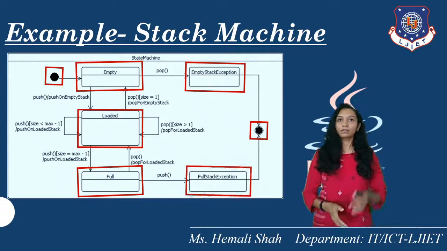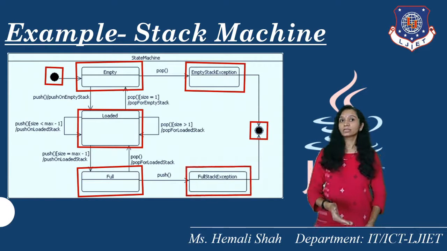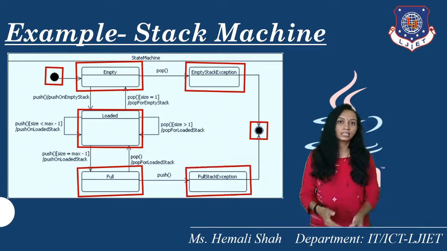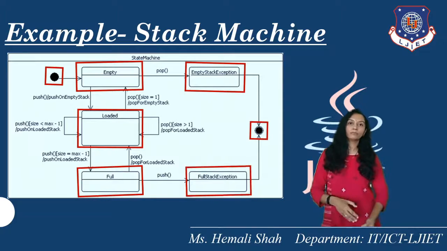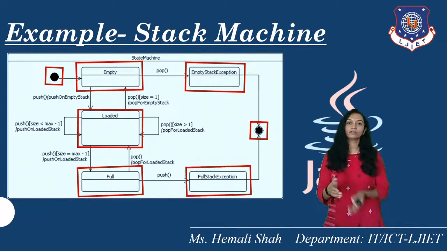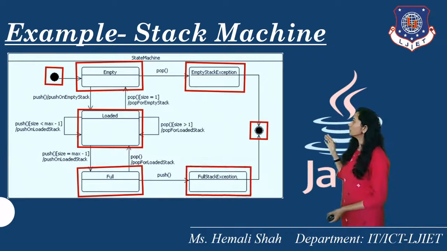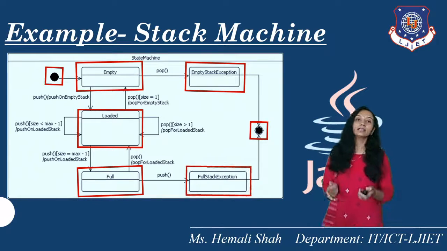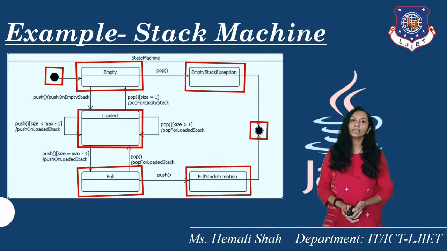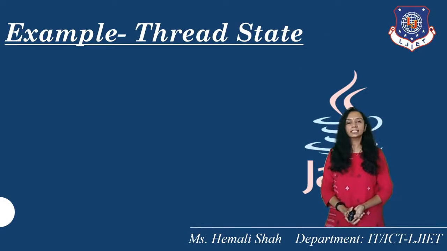You just need to call the push function, and you have to check the guard condition that you are using whenever you make the functions in a stack mechanism, push and pop. What condition are you going to check whenever you call the push function or the pop function? Such a guard condition you should put on these arrows, and you can show the transitions between all the states like this.